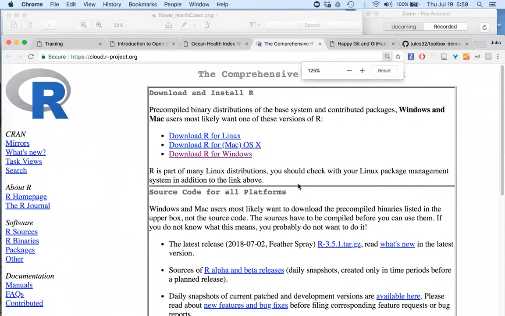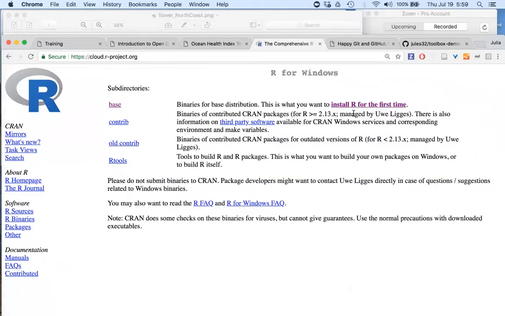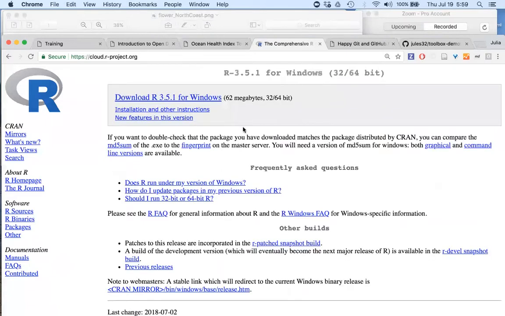then you can download R for Mac or Windows. I'll show the Windows version. It's a little confusing, but you say you're going to install R for the first time. So if you click here, then it'll finally give you the option to download R. Okay. And you'll have to close